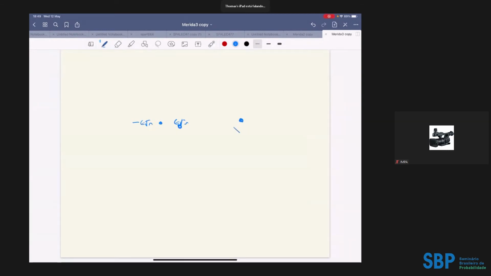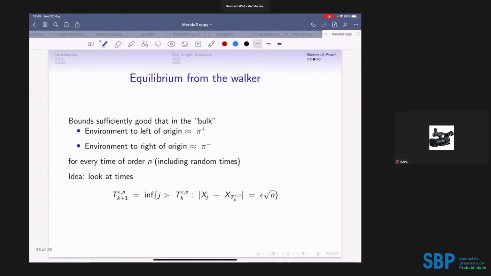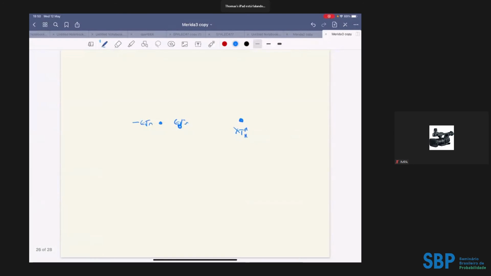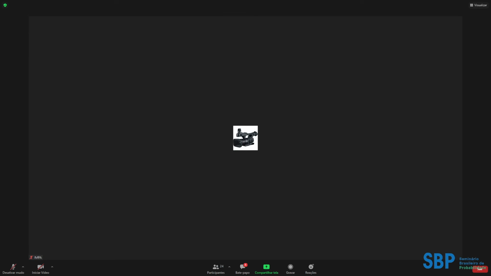and suppose I'm at time t epsilon n k here, okay? And I suppose I'm in the bulk. Suppose I'm in the bulk. By that, I mean I'm far away from the maximum value and the minimum value, okay? So in that case, we would want to show